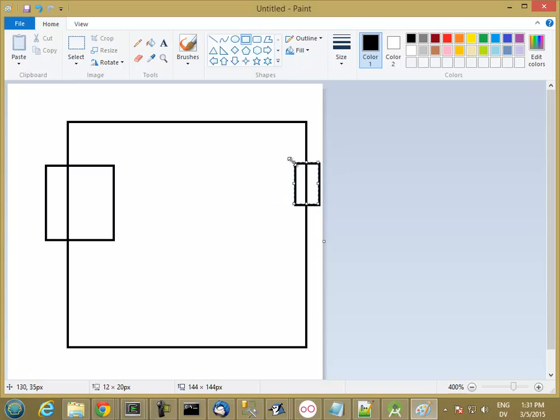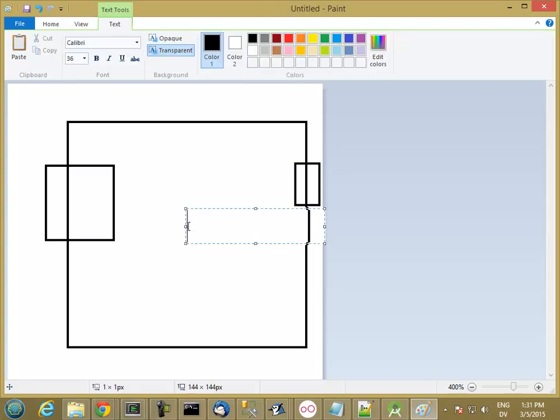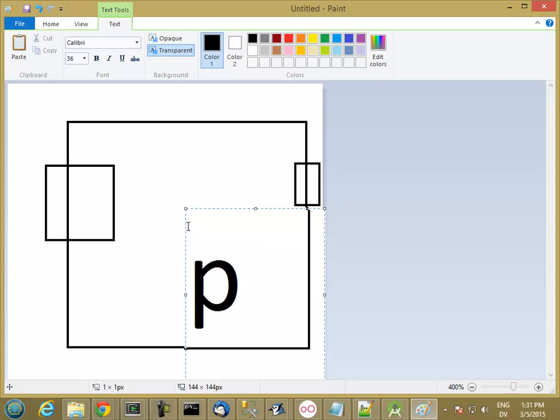So if x plus width, so this is x plus width, is greater than the width of the screen, then I want to bounce back by this minus that, and then that minus that. So this is, let's write this down here. Whoops, that's too big. Let's see if I can get a little font here. Let's make this like 8 point. Okay, so